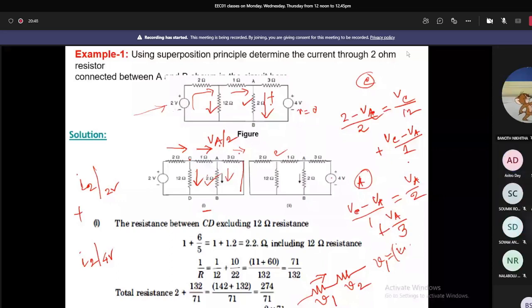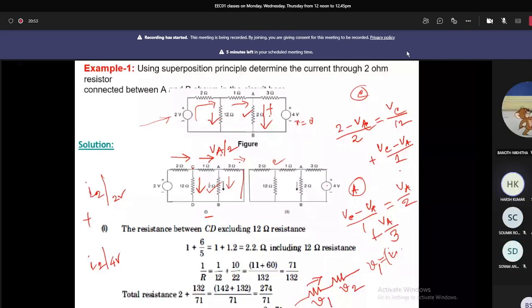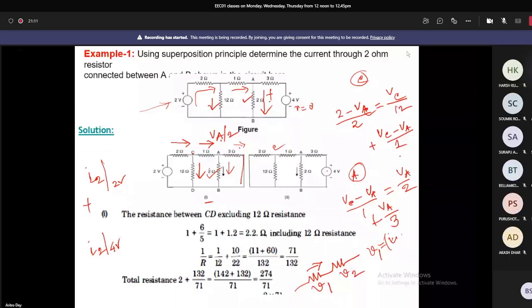The same circuit can be solved by the KVL and KCL which we have done earlier, no? We can, unless and until it is specified to solve it using the superposition theorem. You can take any method which you feel like. Later we'll see that we can apply Thevenin, Norton, and many other theorems. Whatever is convenient to you, you are free to do that.